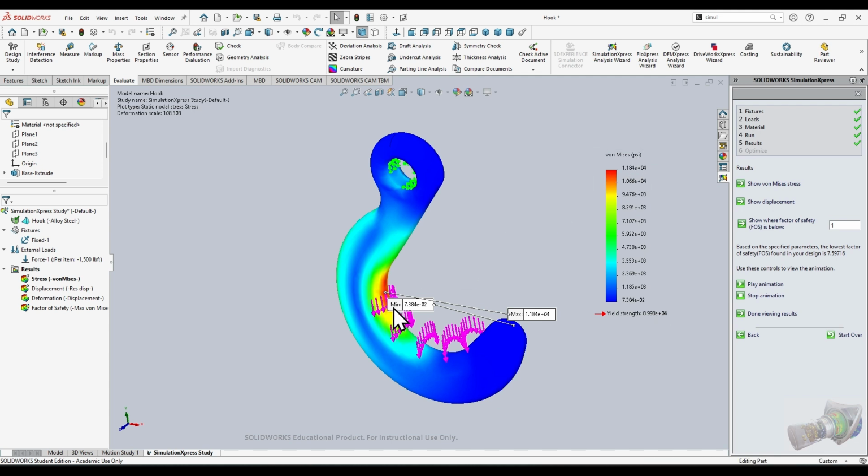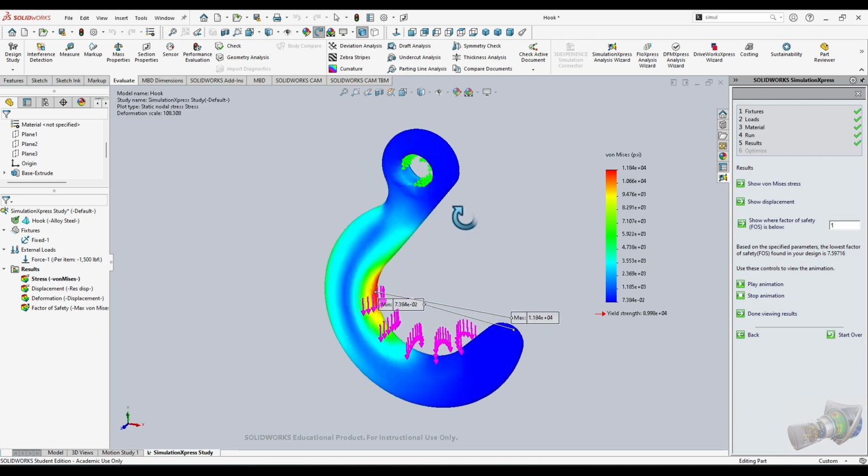So this graph actually makes a lot of sense, because this is going to be the highest point of stress concentration. And there's not anything over here. This is all very light blue because it's not stressed out at all. This one doesn't feel any of the weight because it's not attached to anything. So this graph makes a lot of sense, and it gives us a lot of information about what's going on with the part,